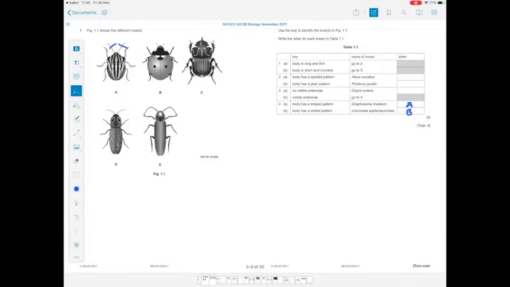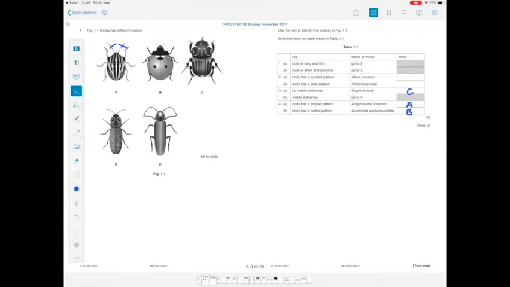Looking at C, we've got a fairly rounded body. Not as rounded as the first two, but fairly. We can't see any antennae, and it seems to have quite a uniform black colour. So, going in at 1, body is long and thin. No. Body is short and rounded. Yes, so we're going to go to 3. 3, no visible antennae. I think we can safely say it has no visible antennae, so C goes in here,